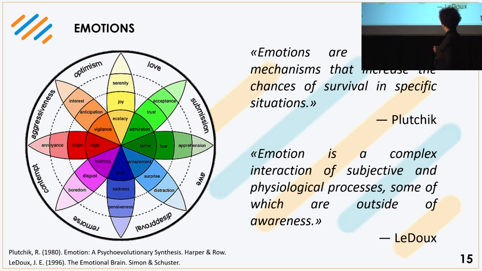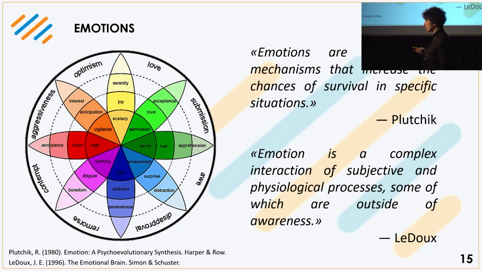And one important fact is also that emotion is a complex interaction of the body and the mind. So when we feel an emotion, our body changes. There are some physiological changes in the body that prepare the body for future action. And so this is quite useful for us because as humans, we are guessing other people's emotions all the time. We are pretty good at it until you are, for example, a Western person in Japan, where you can't read any facial expression anyway. So this will become very difficult.